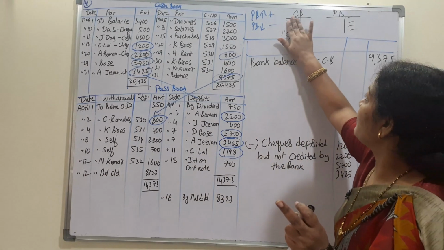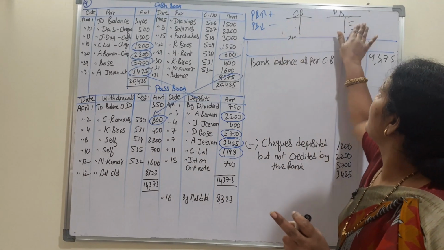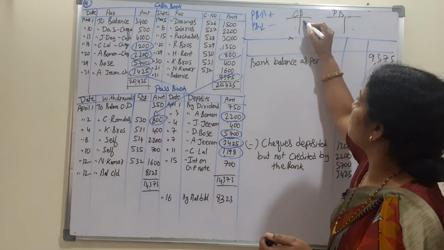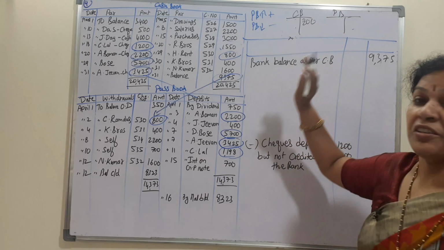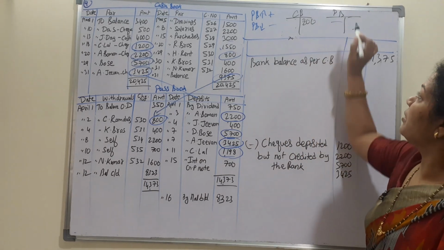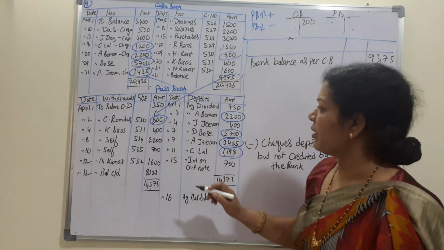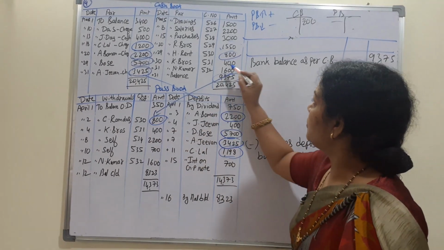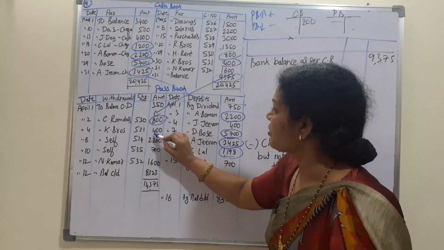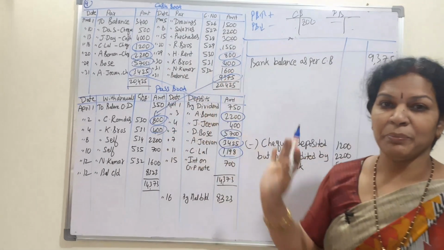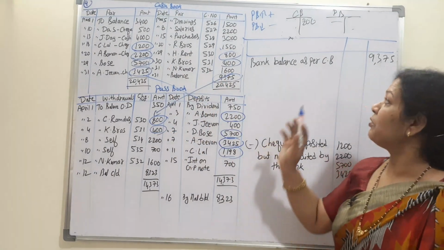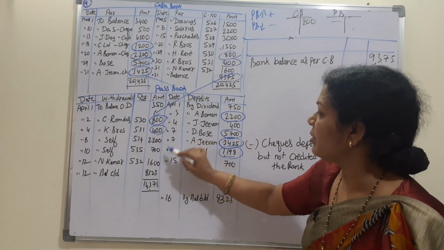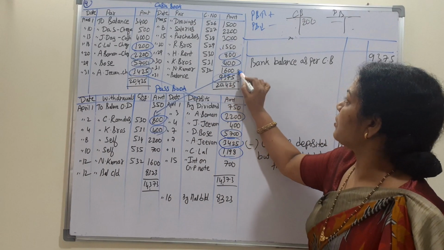So how will that affect? Checks I am issuing. Which check, 800, I have issued, but it is not presented for payment. There is no entry in the passbook. In the same way 531 is also issued but presented for payment next month. Means we have to prepare for March month. March month also it is not there. Next 1600 check, 1600 also N Kumar. 532 check, 532 check also it's here.